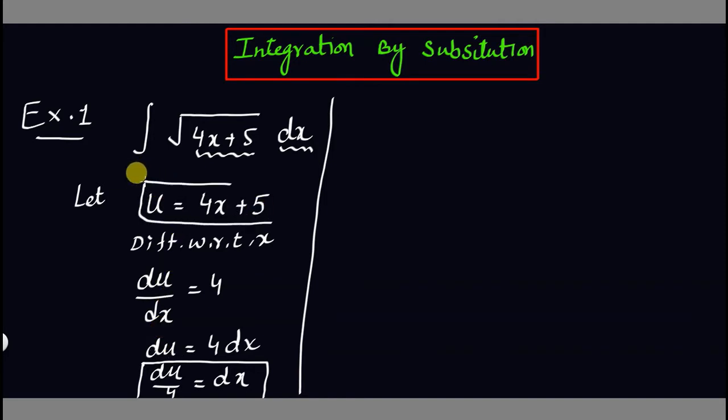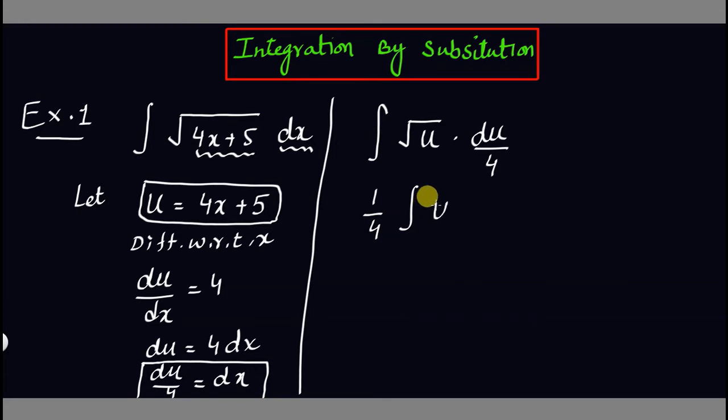and then just replace the values of these functions into the given question. For instance, you have the integral sign and 4x plus 5, replace 4x plus 5 by u, and the value of dx you can get from here, that is du by 4. So by taking 1 by 4 common, you will get u raised to power 1 by 2. Square root can be converted into power 1 over 2. Just apply the power rule over here, so it will become u raised to 1 by 2 plus 1 over 1 by 2 plus 1, by 4 as it is, plus c.